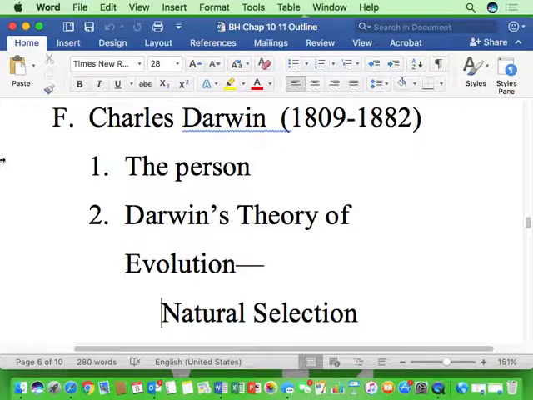So one of my favorite examples of this is not an authentic one, but it's a fun example. How many of you wear contacts or glasses? About half of our class, roughly. Okay. And so the idea is, as humans, it's really hard to deal with humans and evolution because